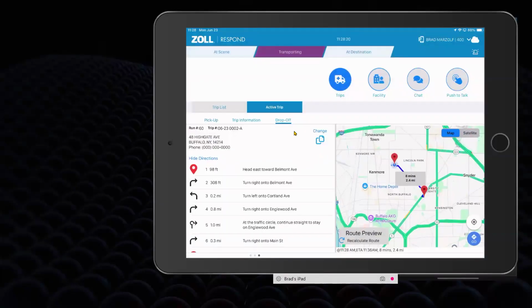You can copy the address. And with a destination, you guys have the option to change that destination as well. So this would be a case like maybe your patient's taking a turn for the worse and you have to reroute to a closer hospital, something like that. You can hit this change icon